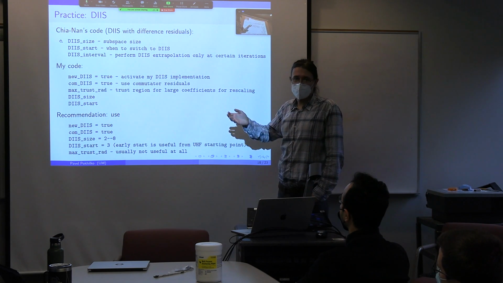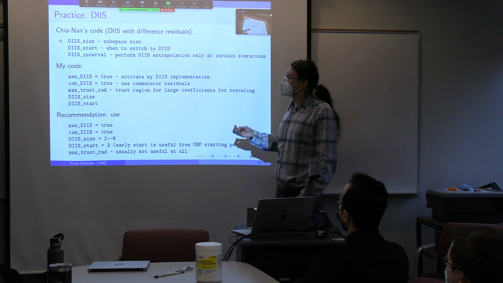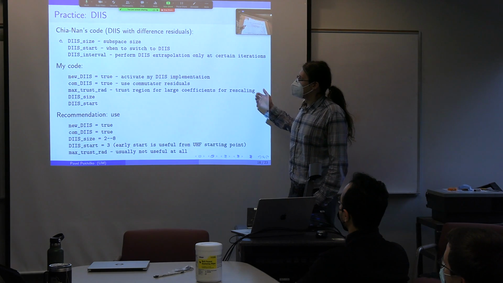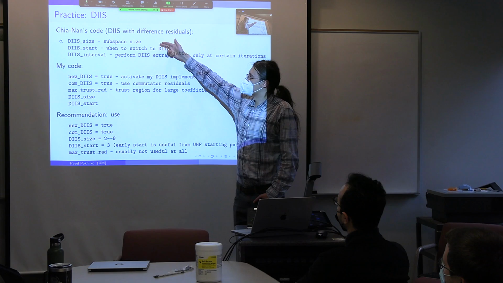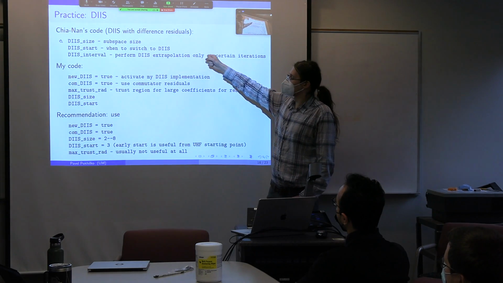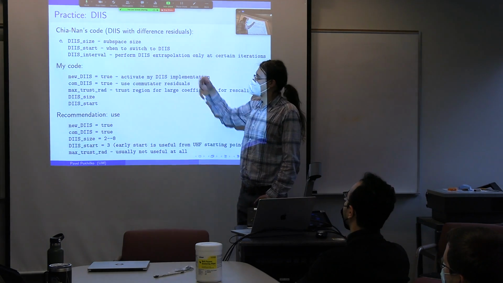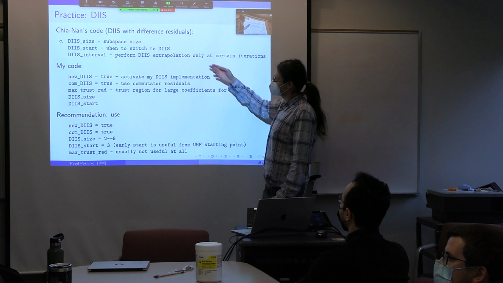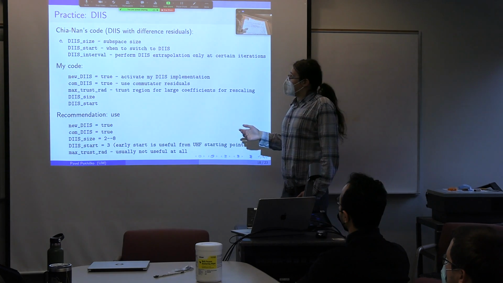I implemented it in such a way that I used the most keywords from the previous implementation, and both implementations are available. The DIIS code uses 3 parameters. Chem's implementation of DIIS uses 3 parameters: DIIS size, DIIS start, and DIIS interval. The DIIS size defines the subspace size. The DIIS start defines when to switch from damping to DIIS, and the DIIS interval defines which iteration performs DIIS